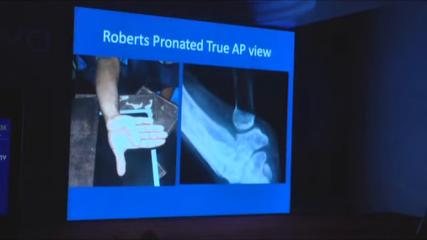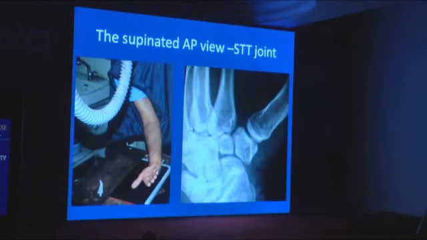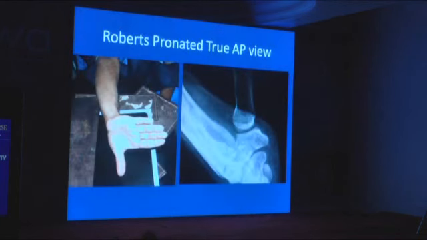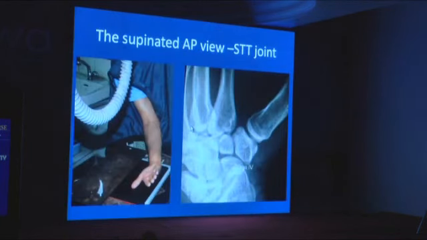If you look at that, you can see the base of the thumb fully clear, but if you're looking for fractures a little more on the ulnar side or the alignment of the trapezium, the trapezoid and the scaphoid, so if you're looking at the STT joint, then you need the supinated view. If you're looking for something when you've done a partial wrist fusion and things like that, then you need the supinated view. But otherwise, a pronated view will give you a very good imaging of this area.